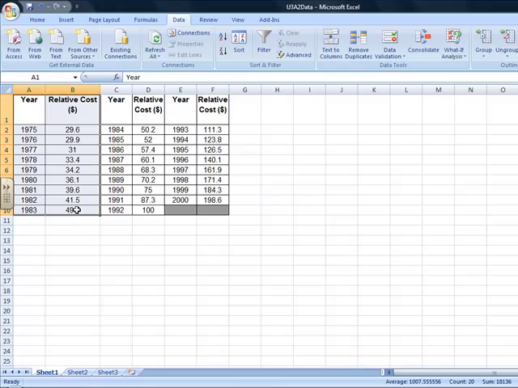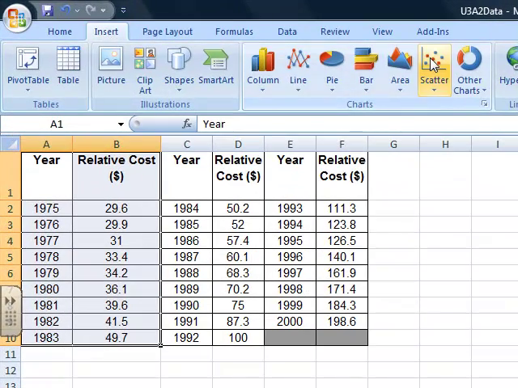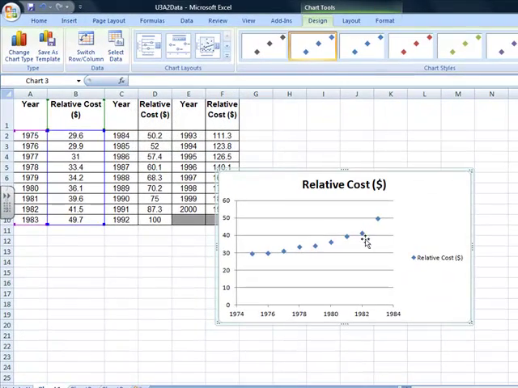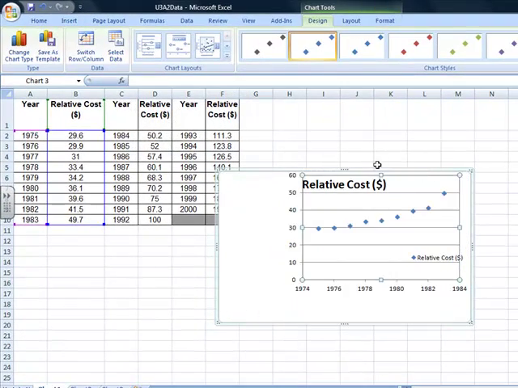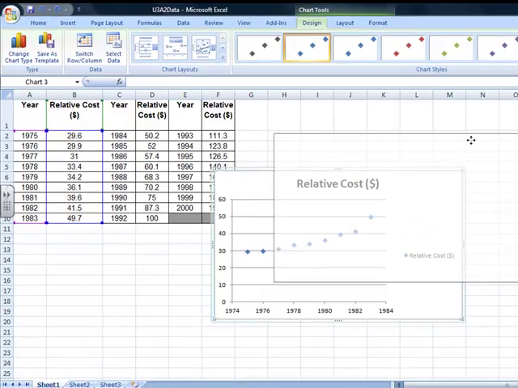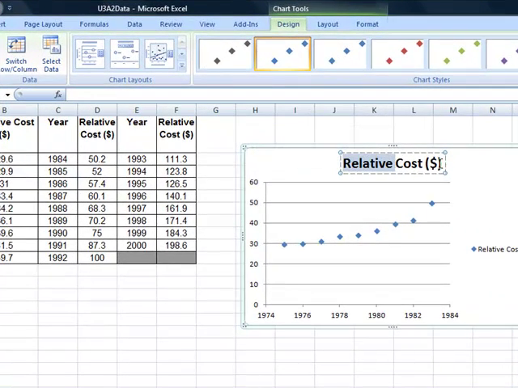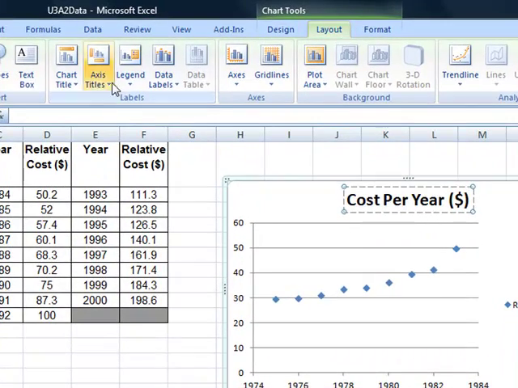So we can highlight the two columns that we want, and of course we're going to go to insert, and again scatter plot, and you can see that we have a scatter plot that comes up of the information. So again we can put in a title, and we're going to go to layout, and we're going to choose